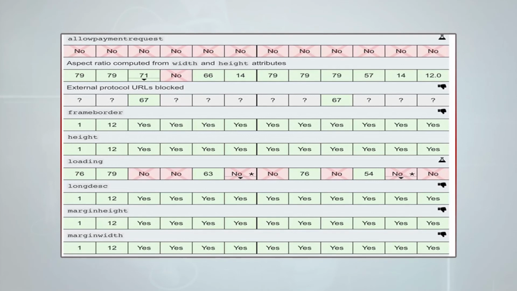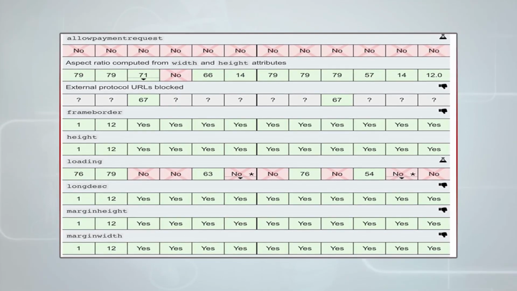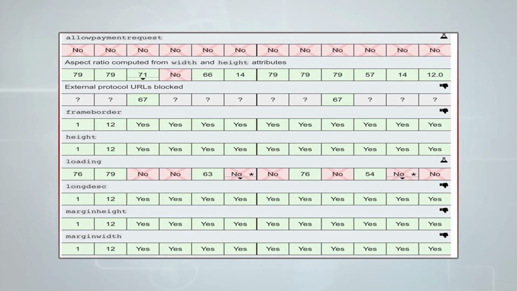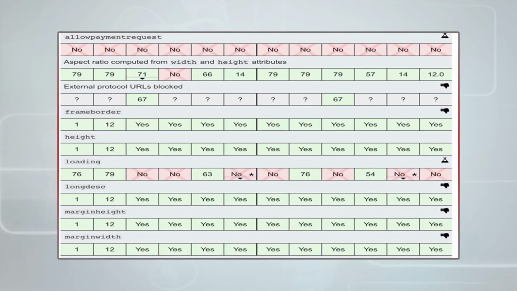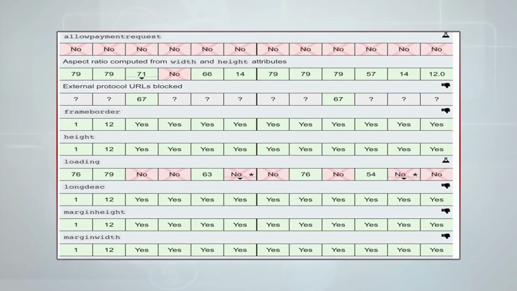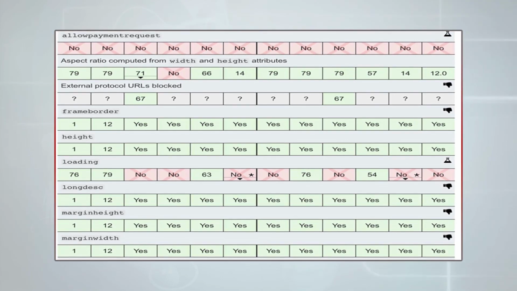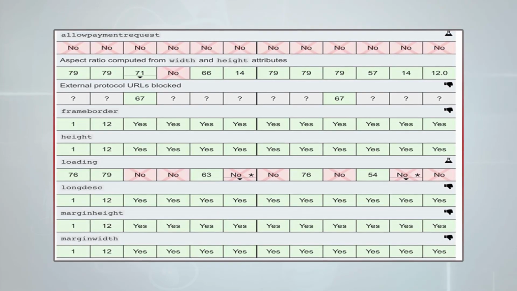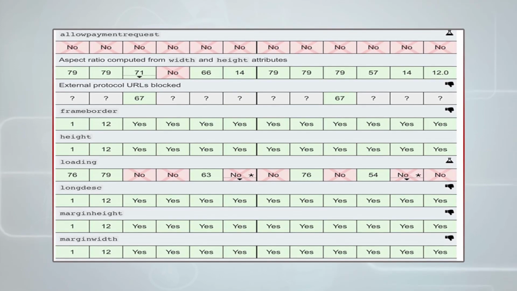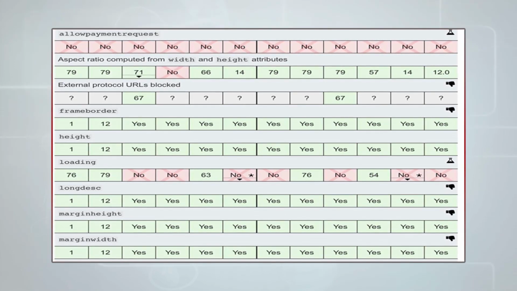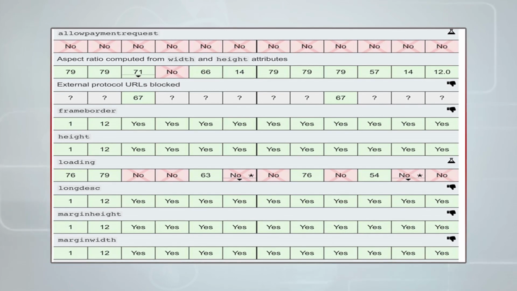Now let us see some more attributes. One is allowpaymentrequest. It is not supported across many browsers. Then we have aspect ratio computed from the width and height attributes. It is not supported in the case of Internet Explorer, but it is supported across all the other browsers.